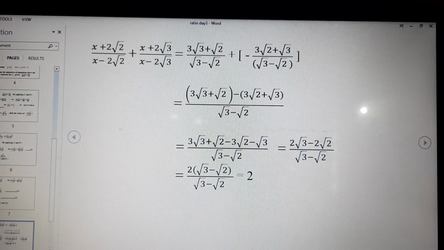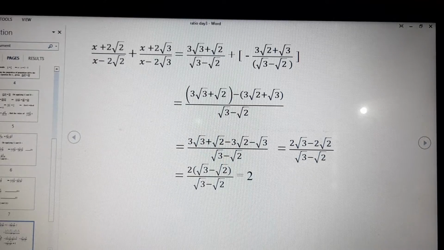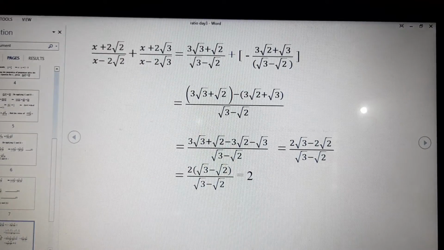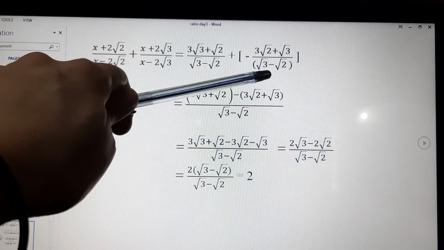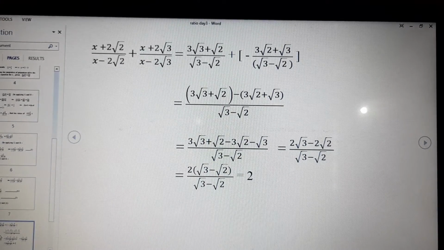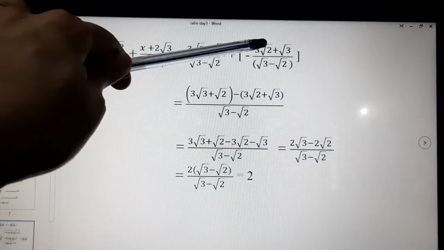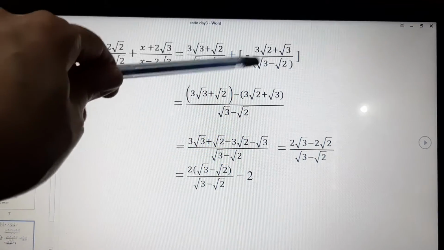Clear? In the denominator, we have root 3 minus root 2. We were able to add them just like that without taking LCM because the denominators were the same. And that is why we took the minus sign common, so that we have the same denominator. Then for like terms, there is no need to take any LCM. The common denominator will be written once and numerators will be added without taking LCM. That is why the minus sign was taken common.